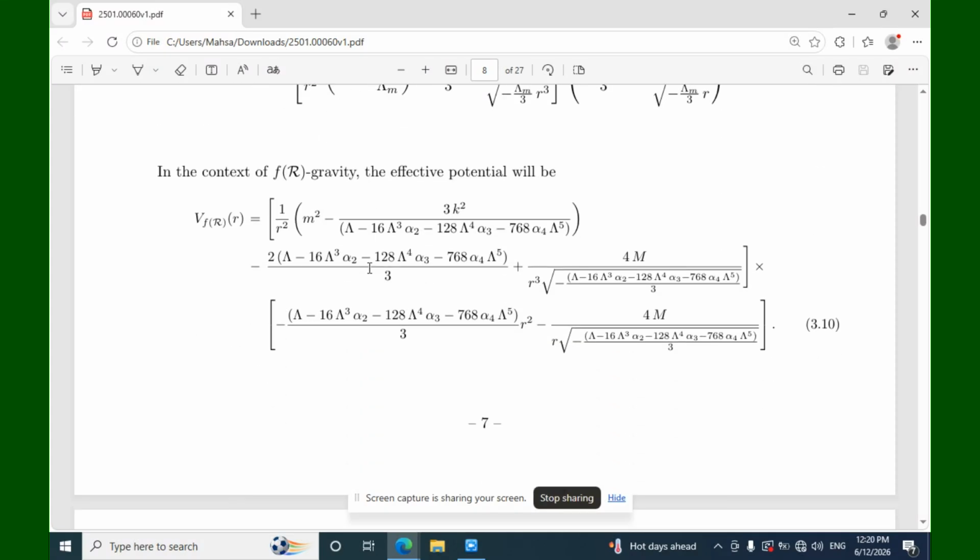In the context of our gravity, the effective potential will be V(r) = 1/r^2 m^2 - 3 cos^2/r - 16 r^3 alpha 2 - 128 r^4 alpha 3 - 768 alpha 4 r^5